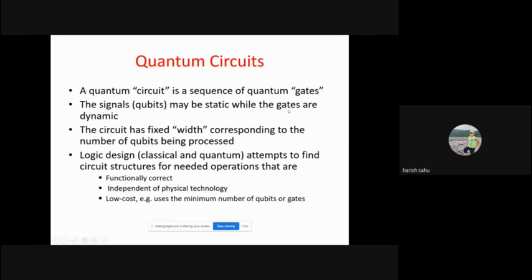Can anyone tell how these quantum gates are actually implemented in hardware and quantum computers? Anyone, any idea how these quantum gates are implemented in hardware? Anyone? So okay, how are these qubits implemented?